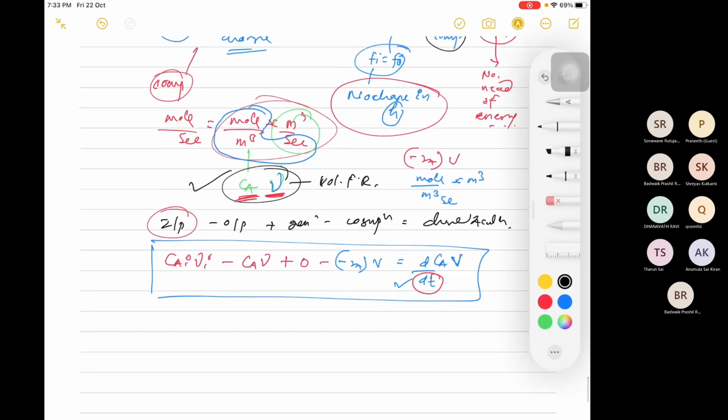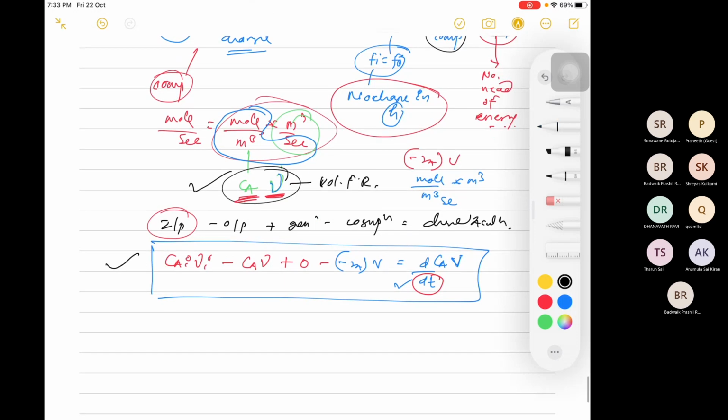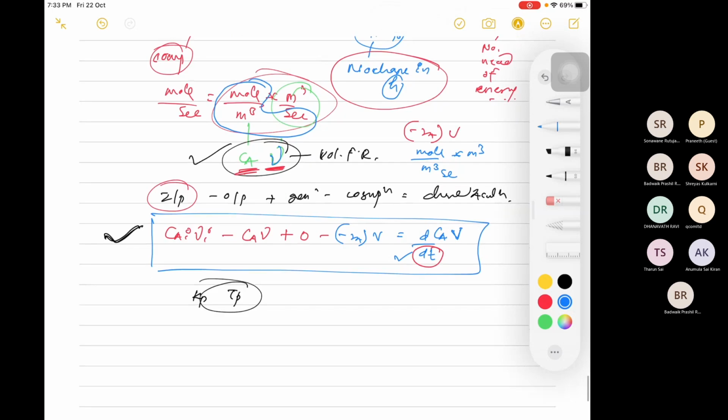Correct? Now, the work is done. No need to do anything now. You have modeled your system. You have successfully modeled your system. Calculate Kp and tau p. How? First you arrange it into standard form. CA here, CA here, CA is where minus RA also comes in, right? This is where minus RA is equal to K into CA.